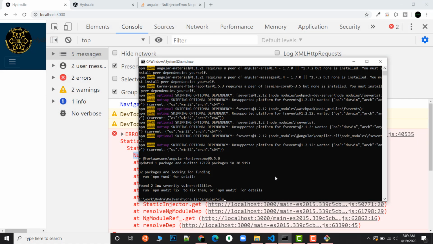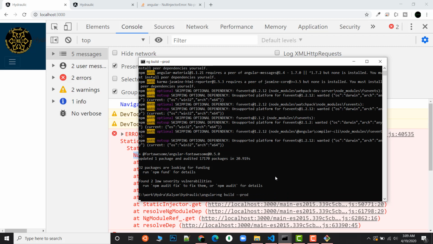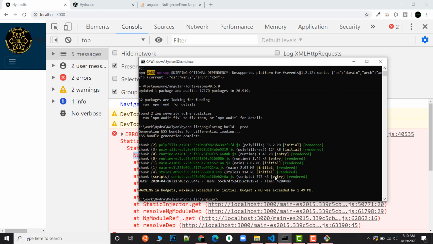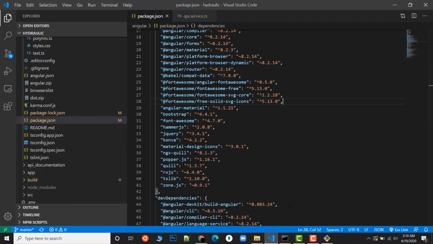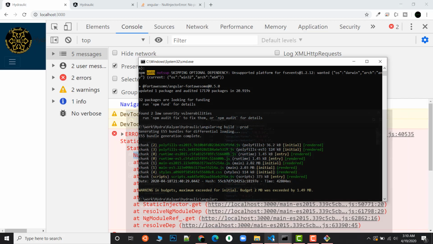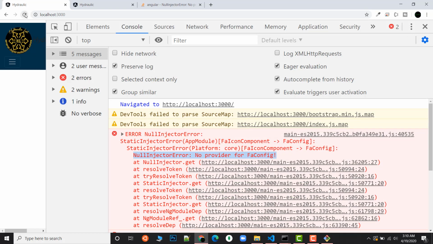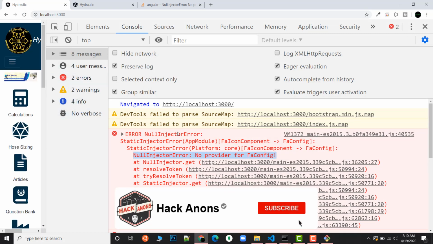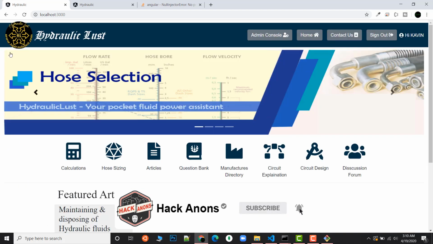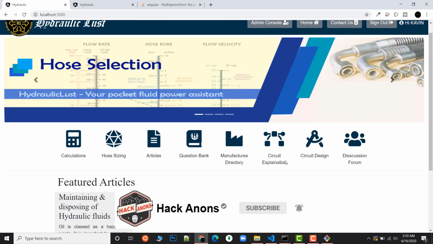So now the whole thing is done. Now let's do a prod build again, and I will do the prod build directly, ng build -prod. So that's bam guys, our prod build is successful, and we have also updated the package. If I go to the package.json, you can see the package is updated to 0.050, and let's try to refresh this site again. So if I refresh it, you can see that's bam guys, I haven't got any error and my whole site is working fine.